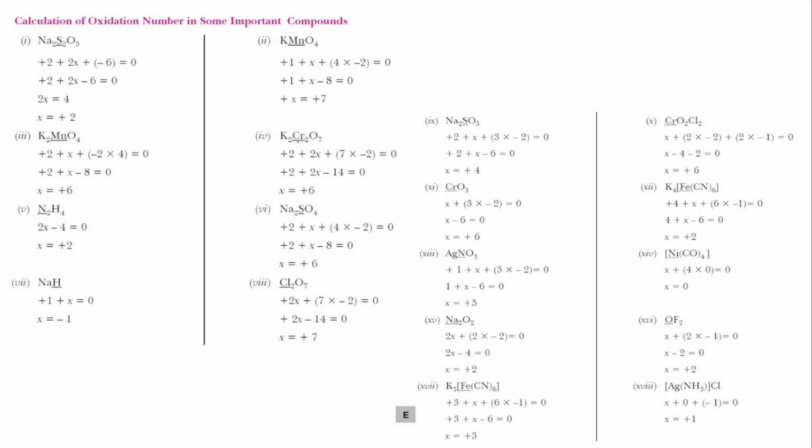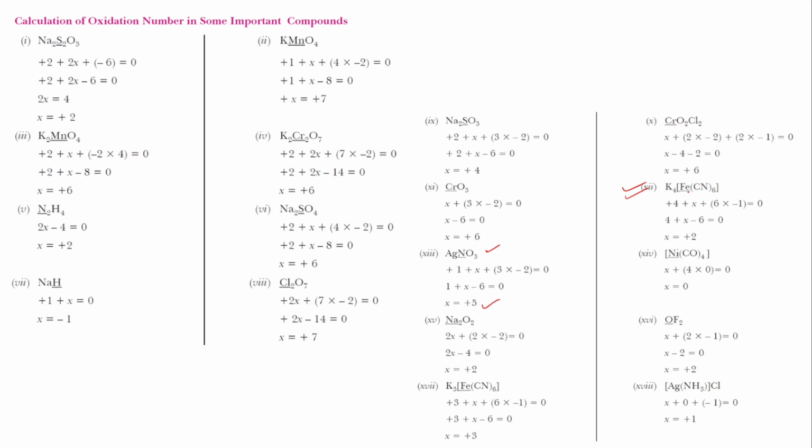So this I have already done. KMnO4, K2Cr2O7. These two questions generally come. So K2Cr2O7, so K2 is 2 into 1, so +2 plus Cr2, so 2X, and then 7 into -2 is equal to 0. So X will come out to be +6. Similarly, we can calculate for any compound. So I'm directly coming to silver nitrate, AgNO3. So Ag is again +1 plus nitrogen X, and 3 times -2 is -6. So X comes out to be +5. Fine. So this is a good example.